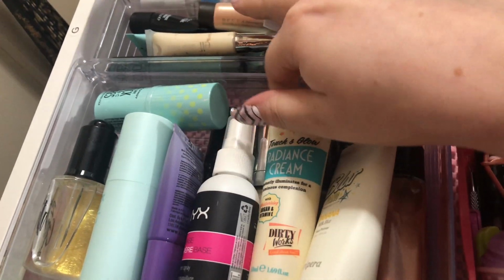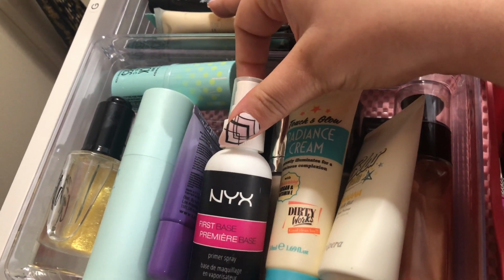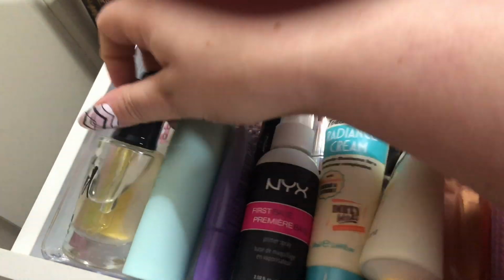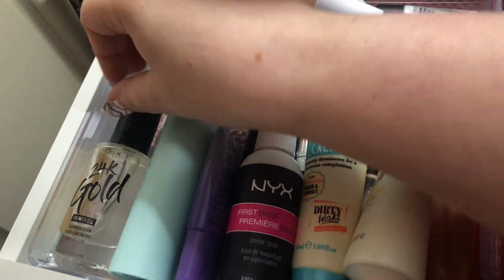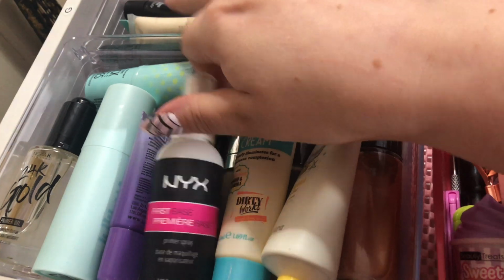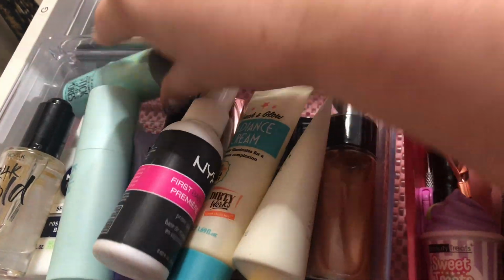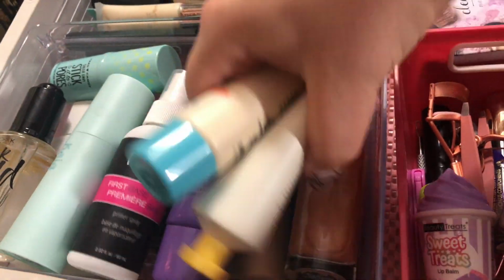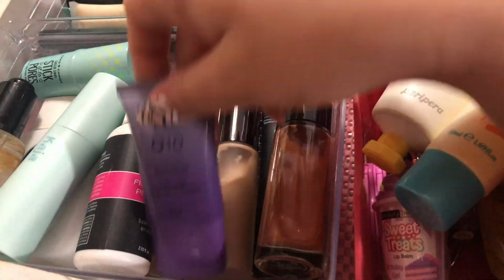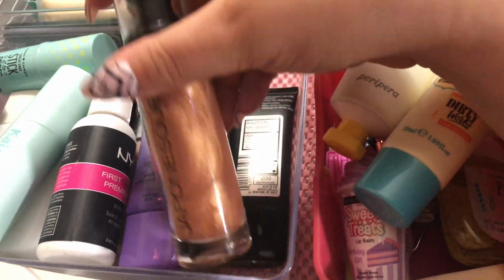I have some Radiance Cream from Dirty Works, NYX Prime First Base Primer Spray, another NYX primer, this one from Kaja, Nicka K 24 Karat Gold Primer Oil, the Nivea Men's Post Shave Balm, which makes a great primer. I have a Makeup Revolution one here, a Hard Candy stick here, and then I have some illuminating primers down here. I have one from Physicians Formula, Becca First Light Primer, this Japanesque that I kind of use as like